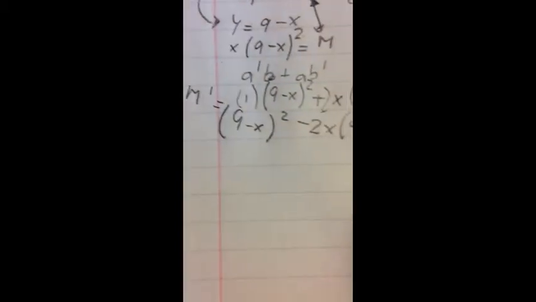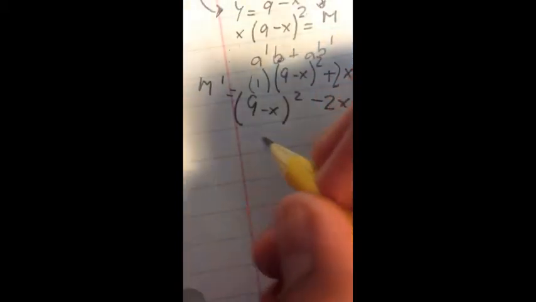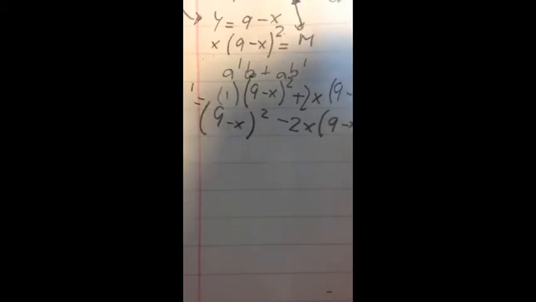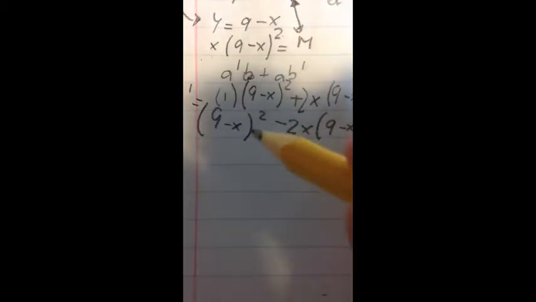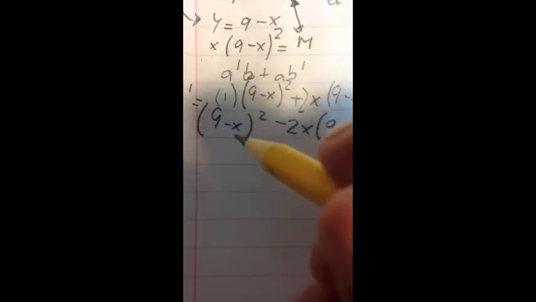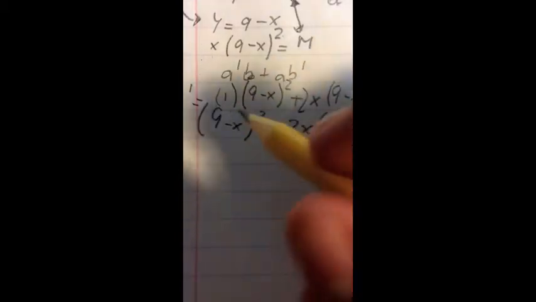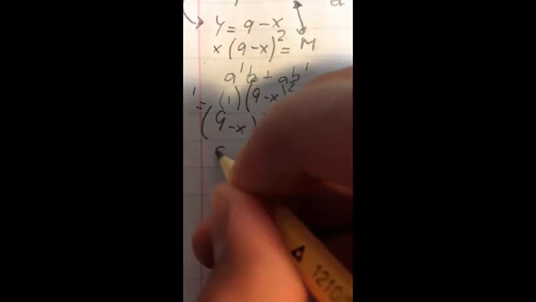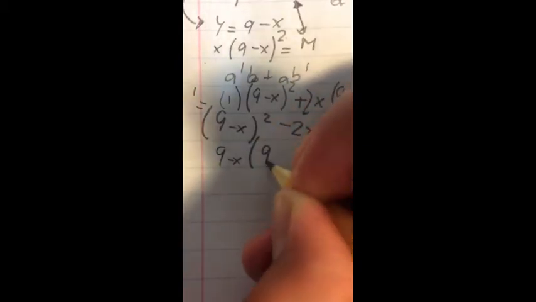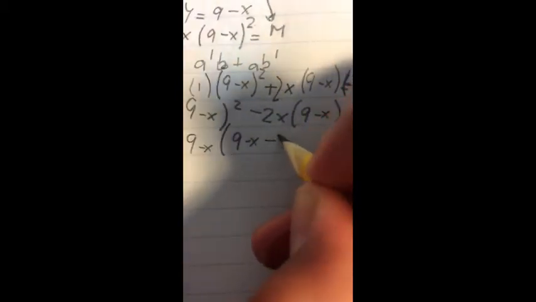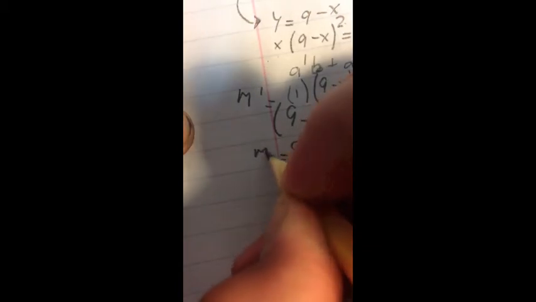Now that we have this formula, factor out 9 minus x, and it's a common mistake that people do. They start to expand everything and then set equal to 0, but then they end up with so many x cubed and x squared that they get confused. So we will be taking 9 minus x out of all this, and then we get (9 minus x) minus 2x equals m prime,